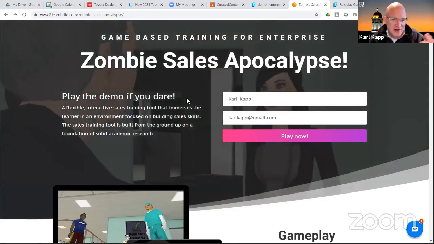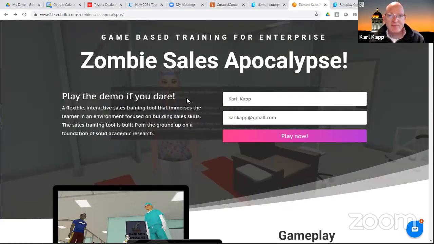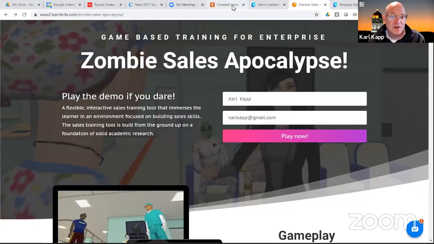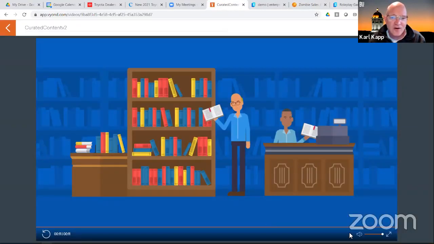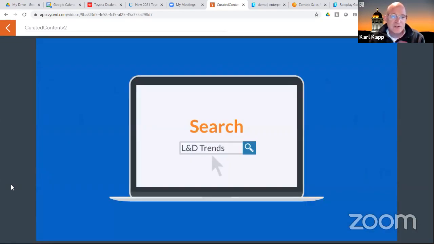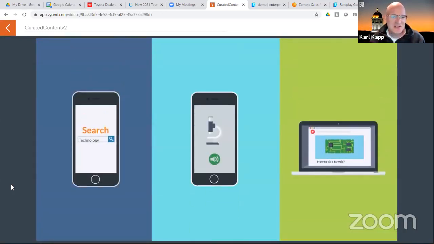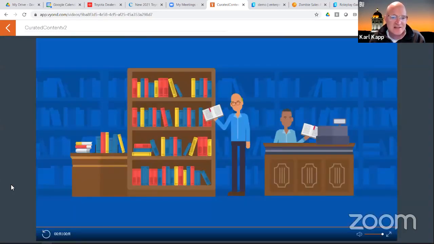Then the cool thing is you can create a little bit of fantasy, like the Zombie Sales Apocalypse. You can be straight up serious, like we were in that game. We also then just do content that is also kind of video-like. So here is one student's rendition of me. I don't know if it looks anything like me. The legs are much longer, but if you hit play here, we can see that you as a student will be able to put together a whole series of images and videos and information to help people really understand content, but in a way that's engaging and interesting. So it's not just PowerPoints on steroids.